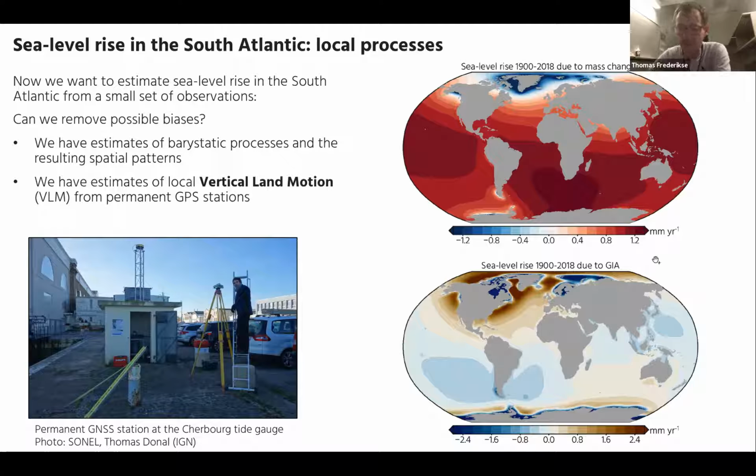And the same goes for glacial isostatic adjustment. The Earth is still deforming since the last deglaciation. It's called glacial isostatic adjustment, and that also has a considerable effect on sea level. And finally, something that has been emerging over the last few years is that more and more tide gauges are equipped with permanent GPS stations, which measure vertical land motion, so we can also assess the vertical stability of the tide gauges. So here's an example of someone installing a GPS on a tide gauge record. So with all these three tools, we can start